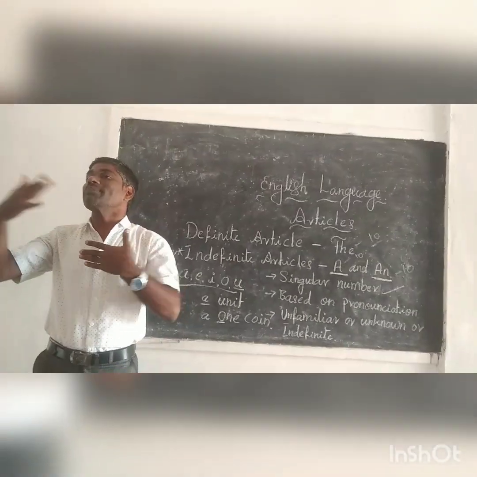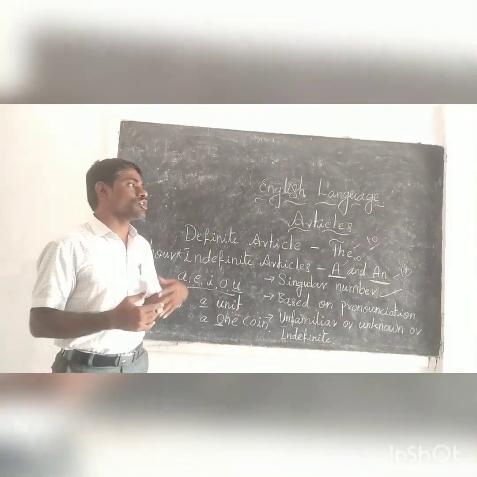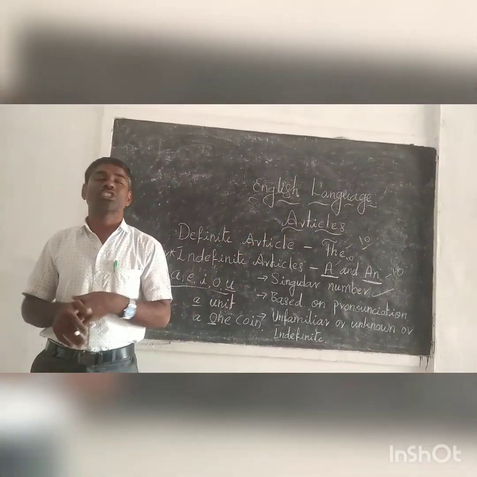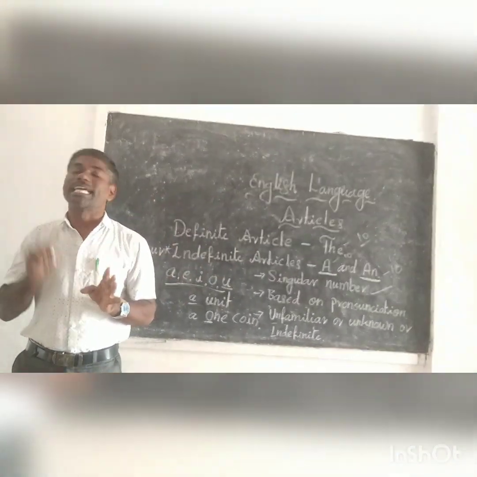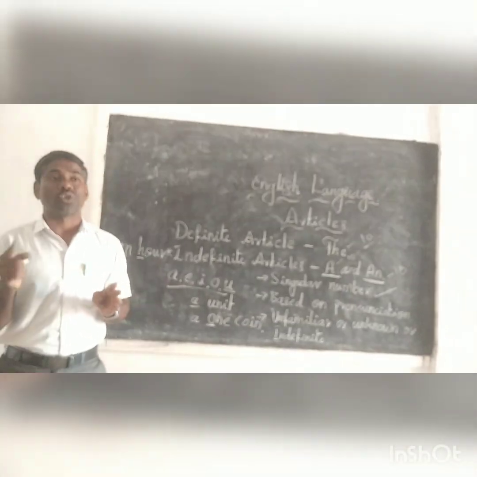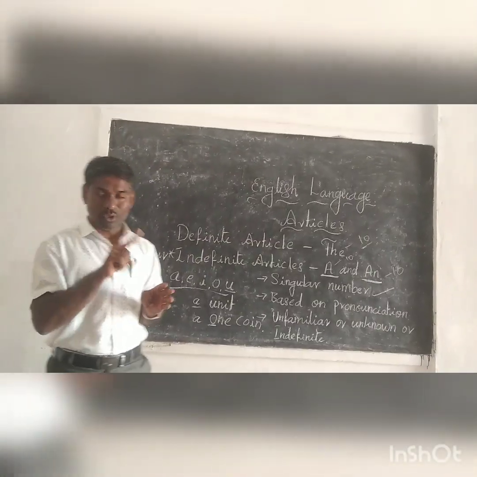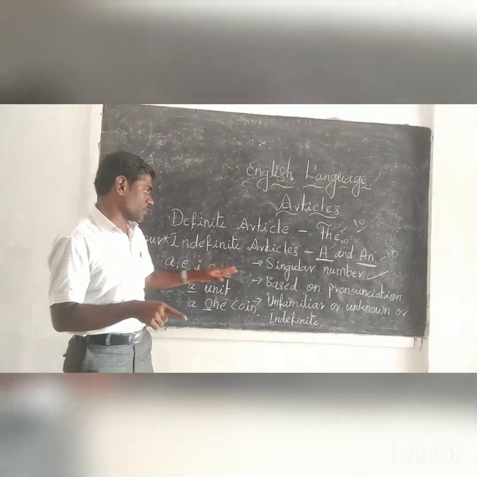I am going to meet a person. I am going to meet a man. I am going to call a person. I am going to call a boy. So those are indefinite. Even unknown: I don't know that. So in that way, when we don't know the person, place or thing, at that time also we can